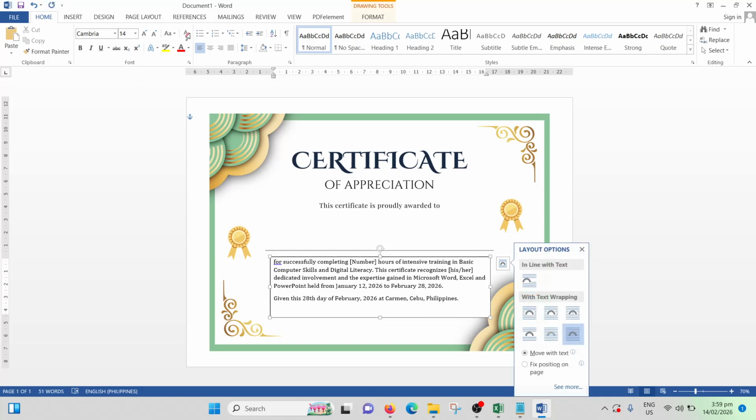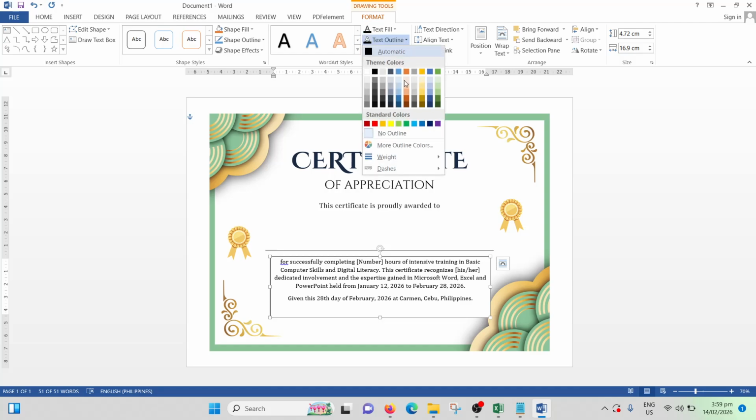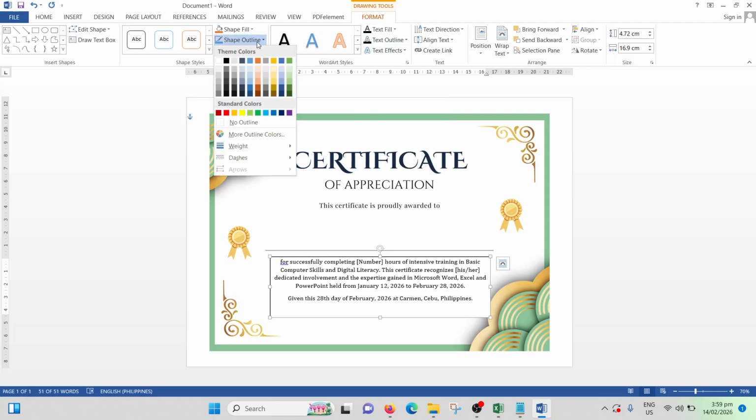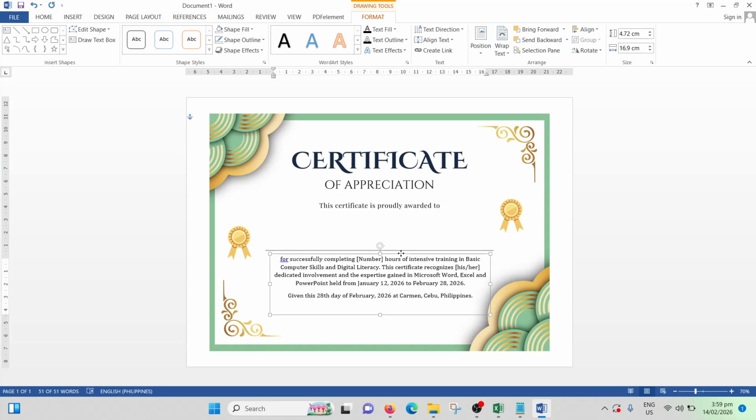Then we'll set it to center. Save this. Then we will remove the outline for this text box. So outline is this one, and then background with no fill. So it will blend with the background.